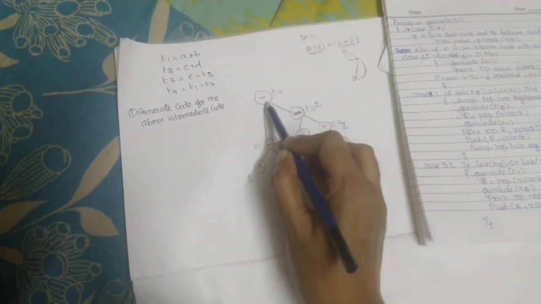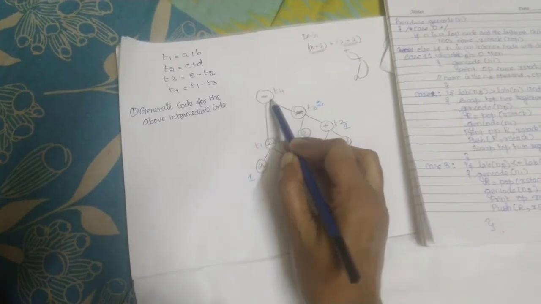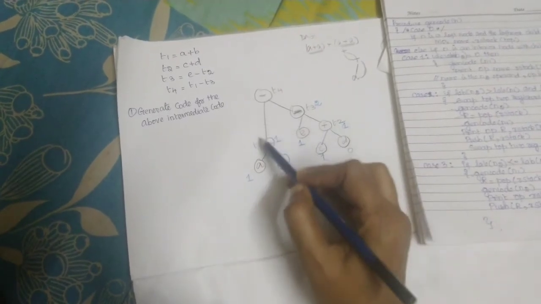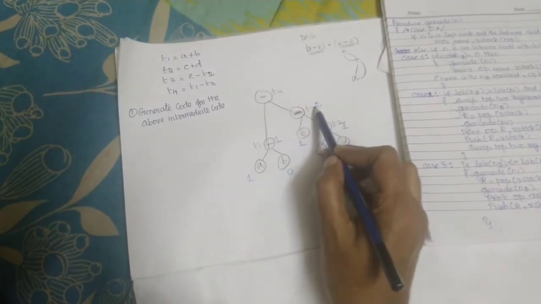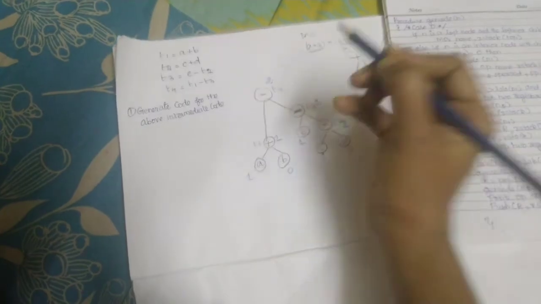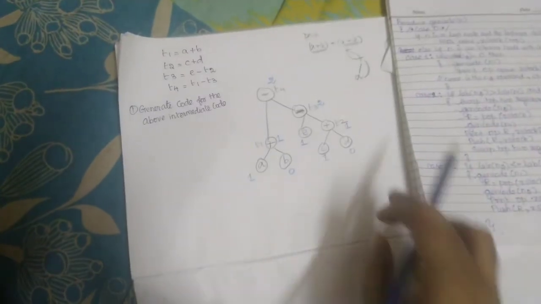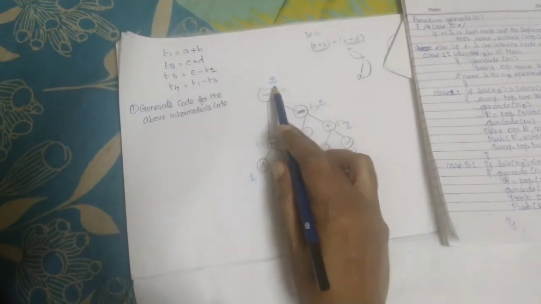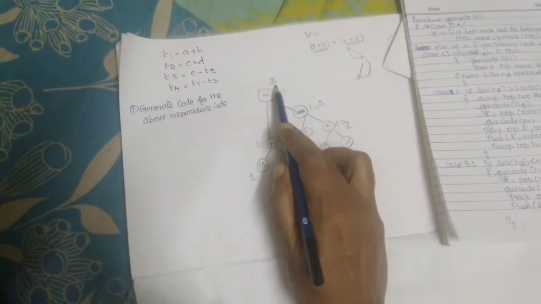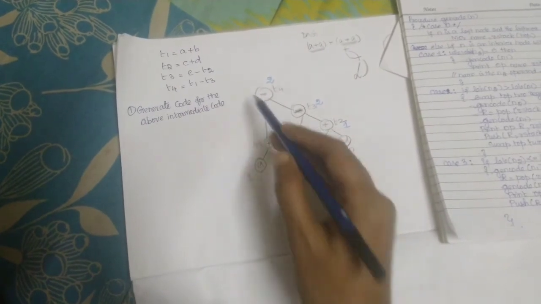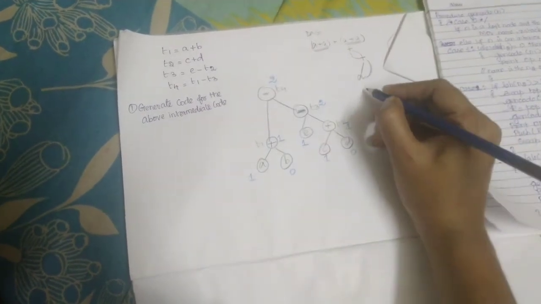Now let us find the label of this root. Here the left is 1 and the right is 2. These are different labels, so whichever is maximum, that would be the label of the root. Now what is the meaning of this label 2? That is nothing but the number of registers that are going to be used for generating the code. So for this case, you have 2 registers.